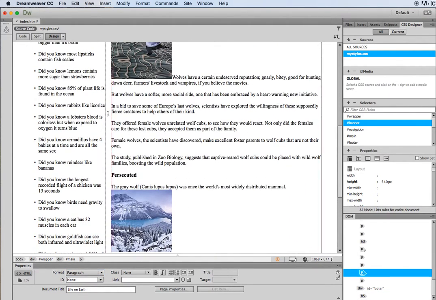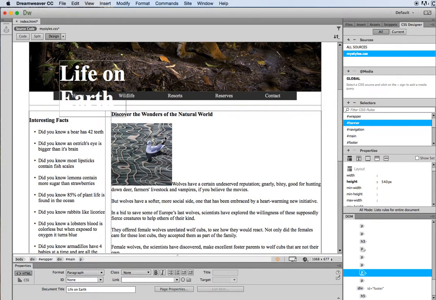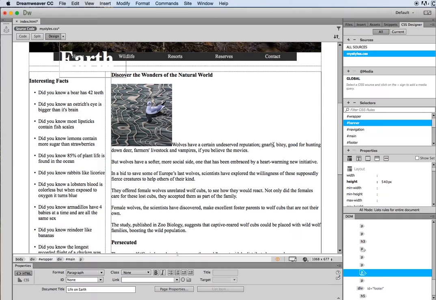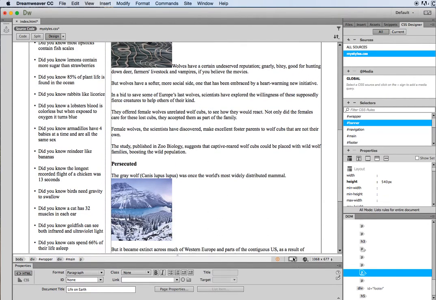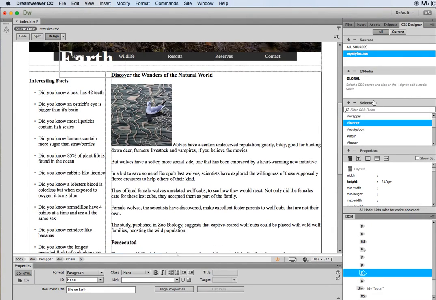Okay, so now that our text is wrapped inside P tags or heading tags, now we can format those different bits of text that are on our page. So working on our style sheet over here, we now need to create some selectors that are going to target the different tags that we've created. So that'll be the P tag, the H3 tag, the H2 tag, and the H5 tag that we got down here in the footer. So coming over to the selectors, I just need to click the little plus symbol,